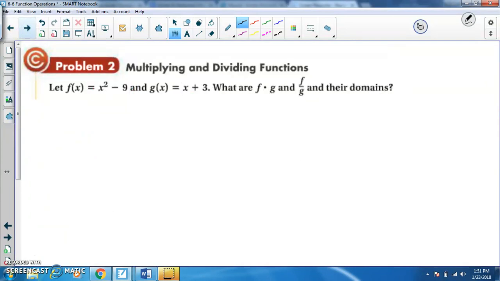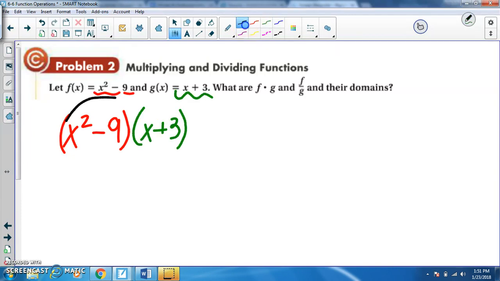Multiplying and dividing functions. Let f of x be equal to x squared minus 9. g of x is equal to x plus 3. What are f times g and f divided by g? f times g. So I would take what f is equal to, which is x squared minus 9, multiplied by what g is equal to,